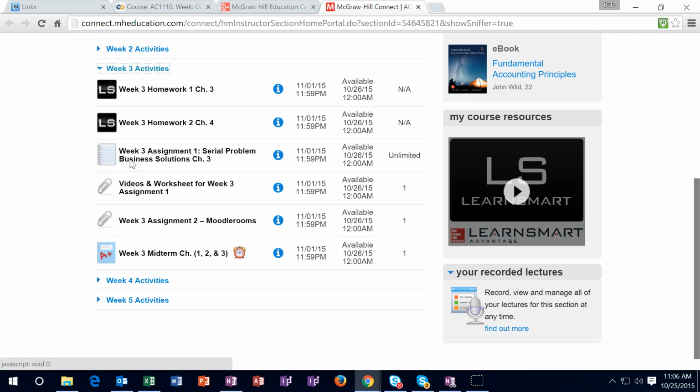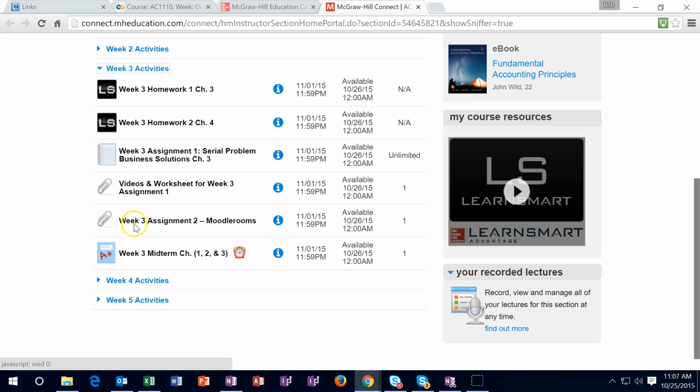Also make sure that if you go to the very bottom of this problem, there's going to be an icon that says check my work. Check your work before you turn it in. If you do that, it'll tell you what you got wrong. It won't tell you what you got wrong if you haven't filled out the information, but it will tell you what is wrong if you put information in there before you turn it in. So make sure to use that check my work button at the bottom before turning it in. After you turn it in, you could work it again, but the numbers will change. The format will be much the same, but the numbers will change.